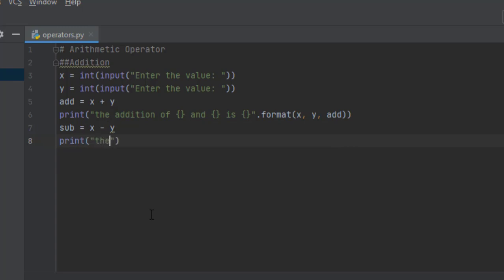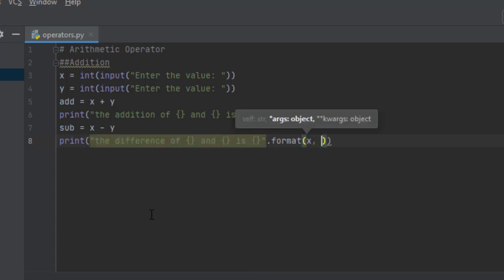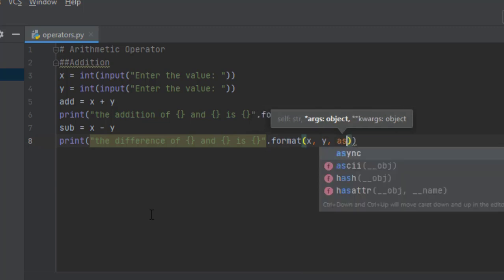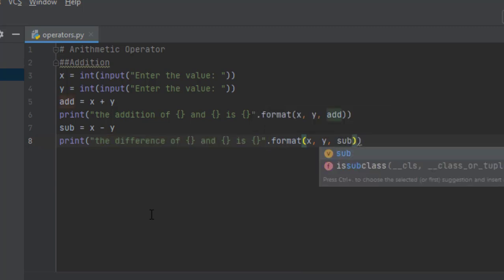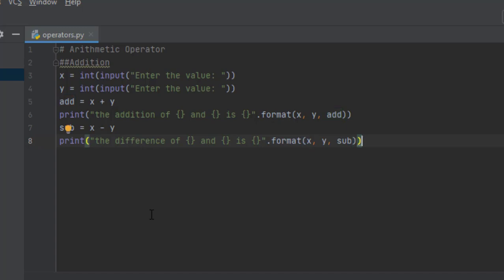Simply the difference of, I can put it in curly braces so that it is very neat, and I'm closing the braces and giving the format x comma y comma subtract, or I can simply save it as difference, but it is okay.